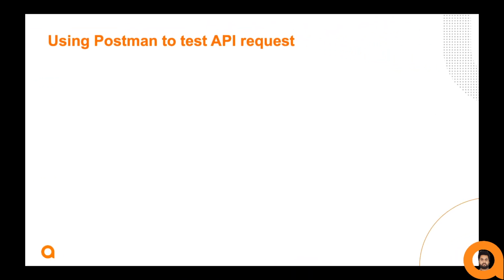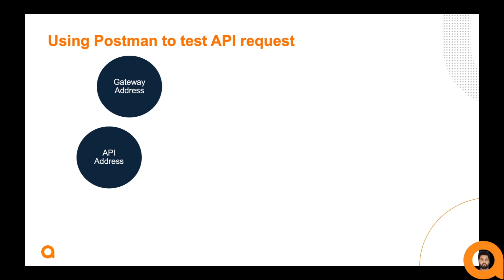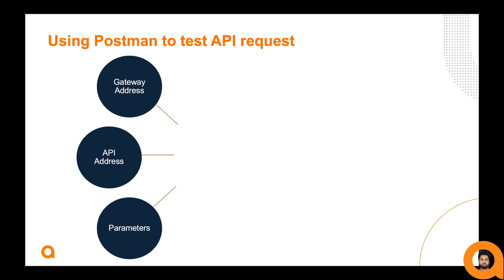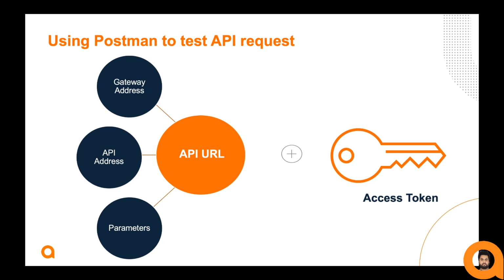You can also use Postman to test any API on Central. In order to do so, you need to have some prerequisite information for an API endpoint. You would need the gateway address. This is based on your cluster, so each cluster will have a different address. API address. This is the endpoint address used by Central to understand what the user is requesting. Parameters. These are the query parameters that go along with the request. Imagine these as filters for the request. All these add up to build the final URL to which a user requests or sends information. And of course, an access token for authorization.